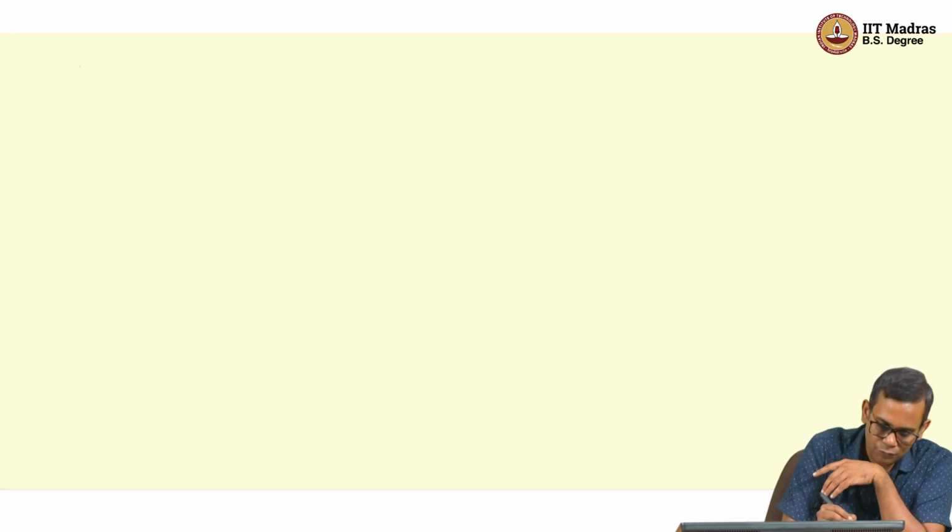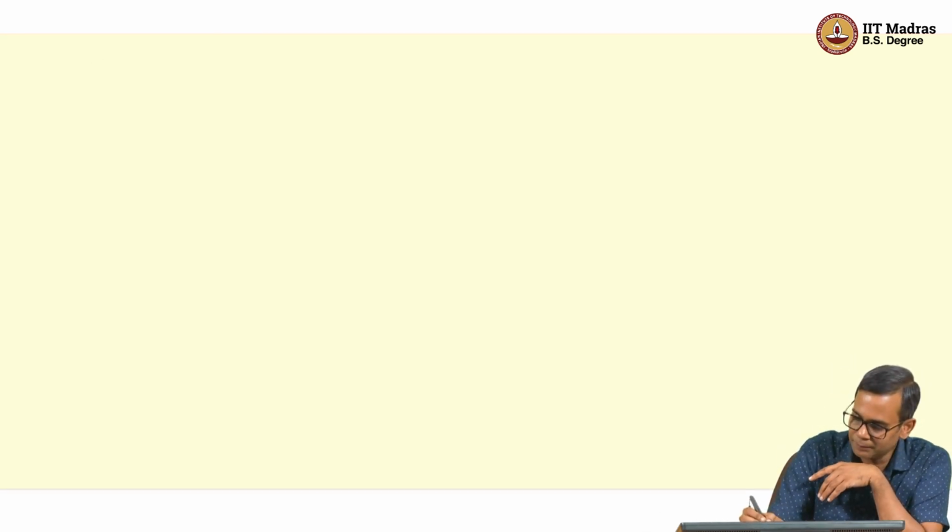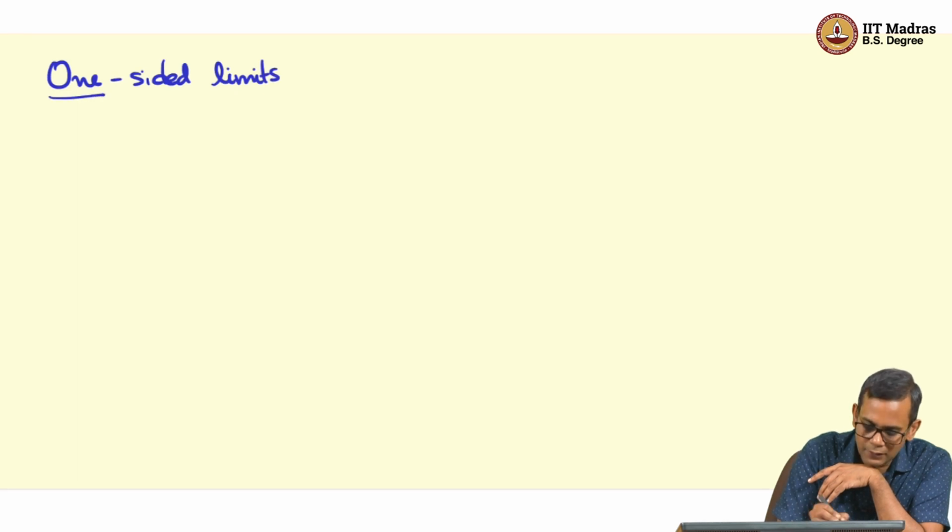Sometimes a function is defined only to the right or to the left of the point at which we are taking the limit. In that case, we need the notion of one-sided limits. The idea is quite similar to the notion of a limit. So, suppose we have a function